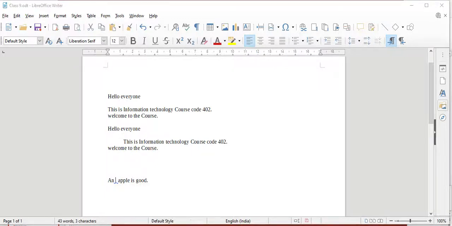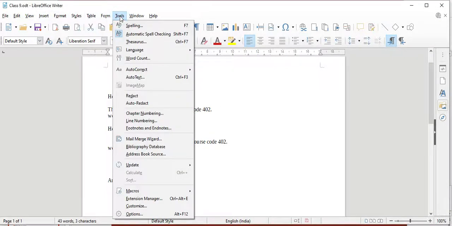After typing a paragraph or a report, one can check the spelling and grammar. The spelling checker checks each word in the document against its installed dictionary. The grammar checker can be used separately or in combination with the spelling checker. To check the spelling and grammar of the document, select the text and go to Tools. Here in Tools, click on Spelling and Grammar.